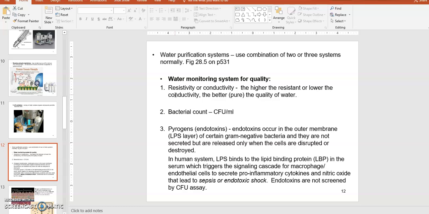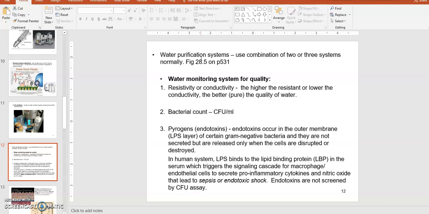So maybe combining 4 or 5 different steps, then you can develop UFI quality water. That's normally how you do it. If you go to a company like Catalan or Baxter, that's how they generate their own UFI water quality. Okay, so if you have a good water purification system, of course somebody has to maintain that, and the purification